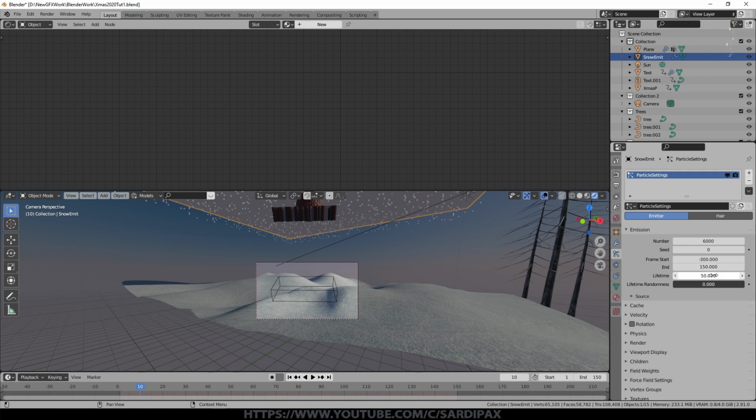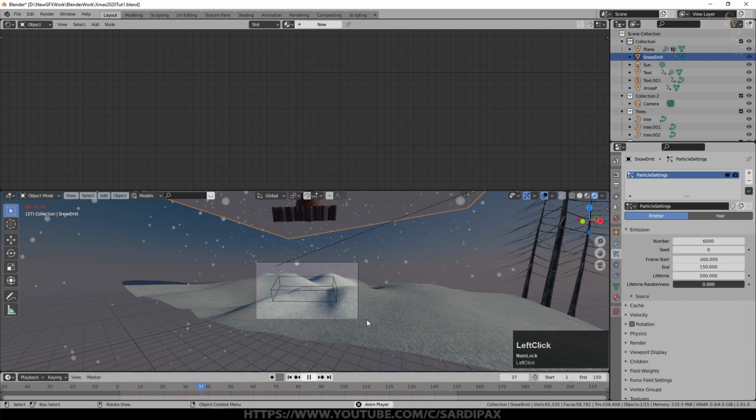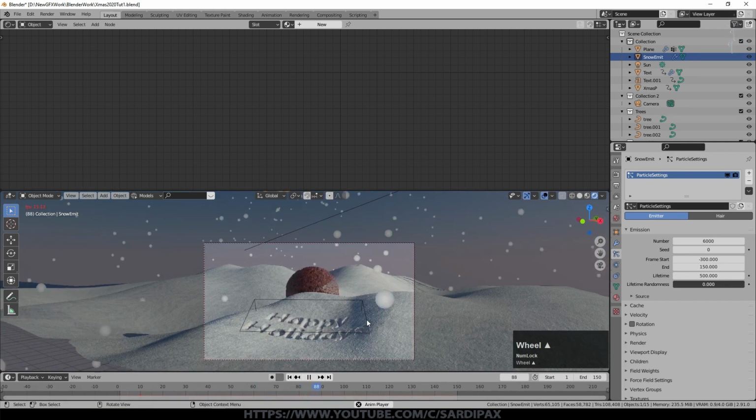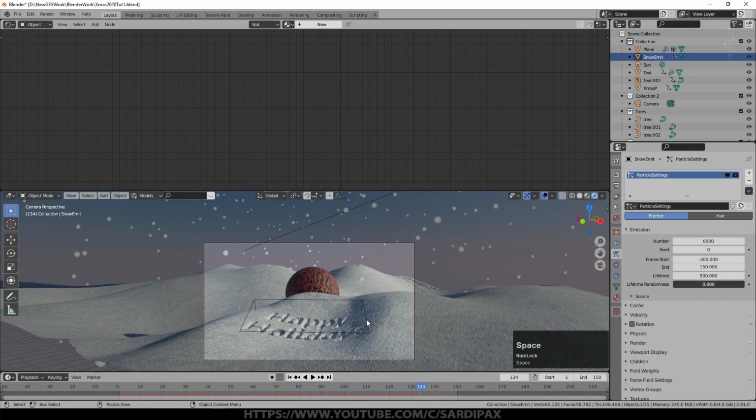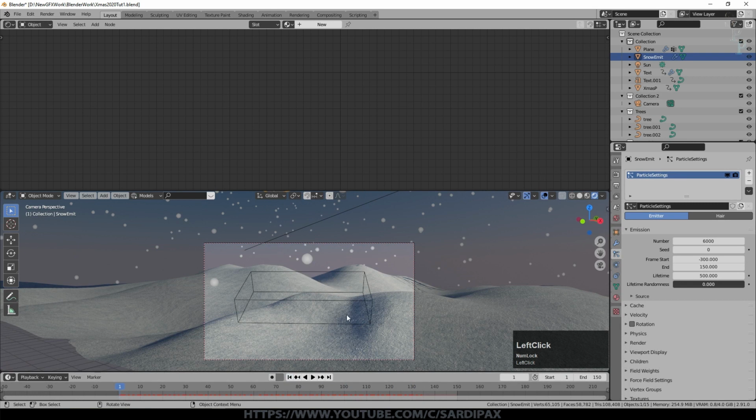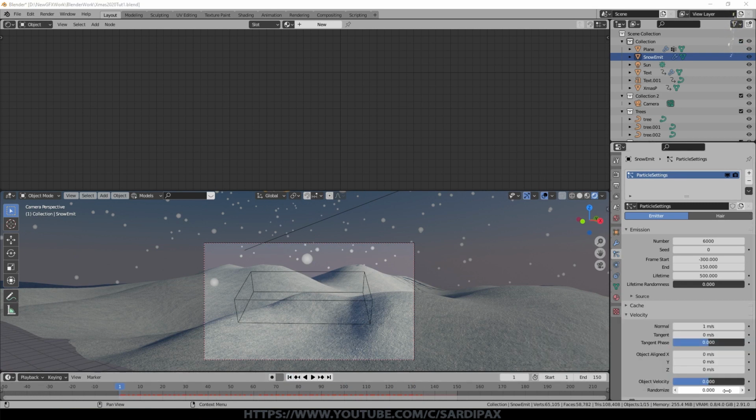The lifetime of the particles will need to be long enough that they can make it through the ground. So I'll set this to 500 at the moment and we'll see what happens. So you can see there they are. They're probably falling at something approximating the real rate that they would fall at, but actually it doesn't look as good. So they're just blobs at the moment, of course. So under velocity, I had a little bit of randomize and I put 0.12 there. So they're not all falling at exactly the same speed.